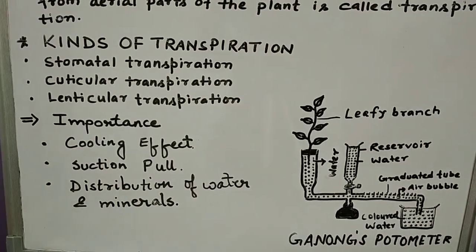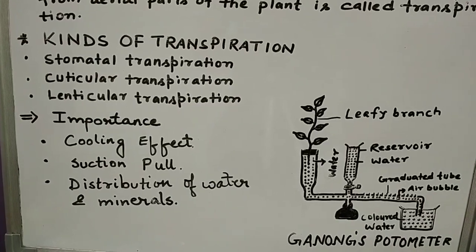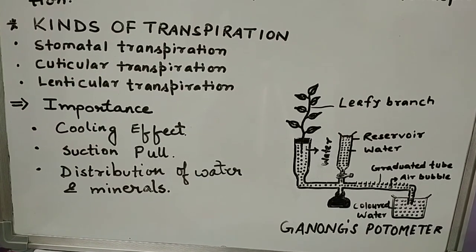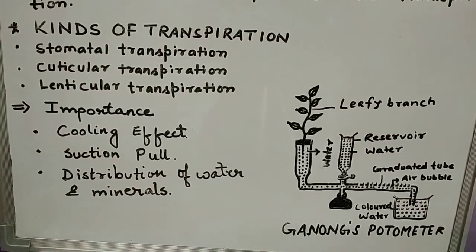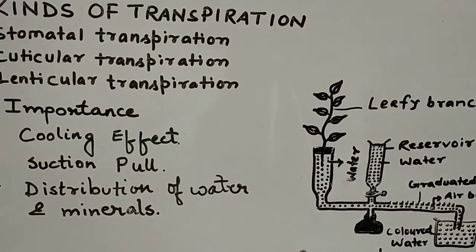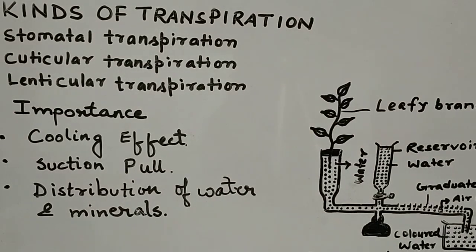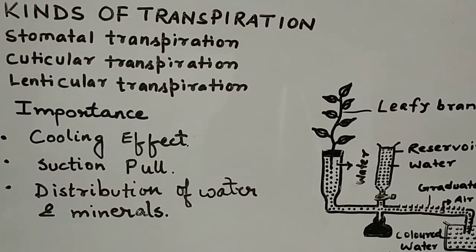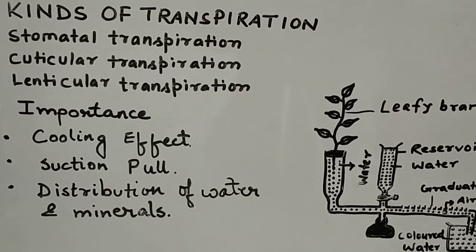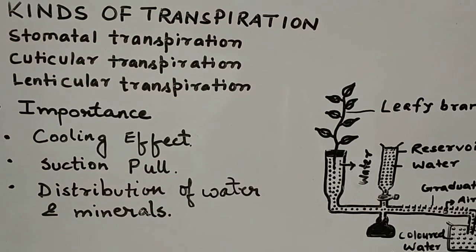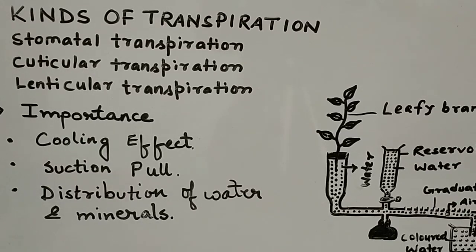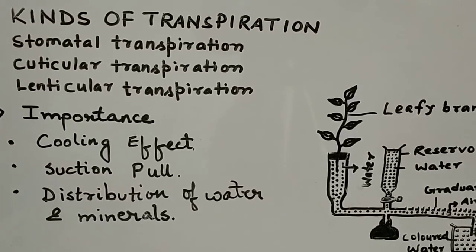Suction pull. Suction pull is a pressure or force created to pull the water molecules from the lower column. As the vapor goes on evaporating into the atmosphere, it forms a channel of water molecules that is pulled by this force created under transpiration. Distribution of water and minerals: this suction pull helps in pulling up water along with the dissolved minerals in it, that is called ascent of sap. There are other significances of transpiration, like I told you, turgidity, making a plant straight, upright, and other developmental processes where transpiration helps a plant.